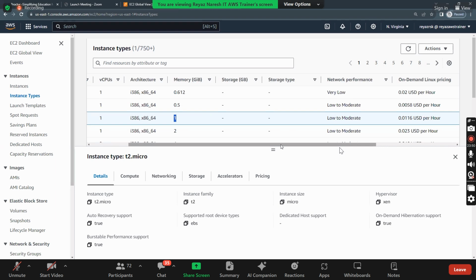Guys, it is only 1 GB RAM you have. Do you expect super high performance with T2 micro? Don't expect. You're expecting weightlifting from an LKG kid. He's a very small guy, how can he do weightlifting, right? Similarly, he has only 1 GB RAM. So you don't expect much from here. That's why it is low to moderate. And if you come here,